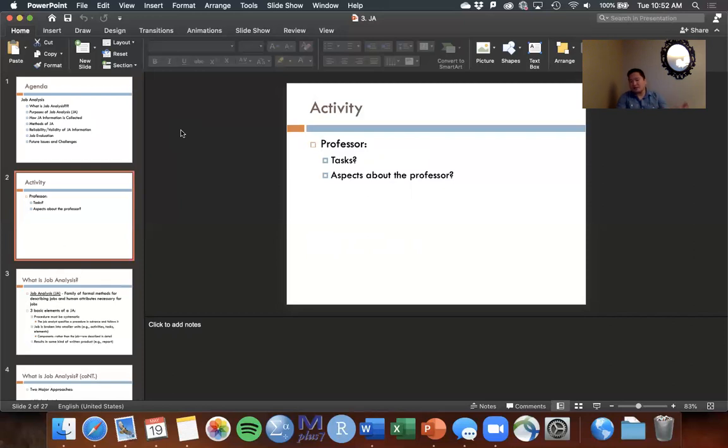That's not a completely exhaustive list. I don't want to bore you all or sound like I'm complaining. That's just a list of tasks that professors do. Just by doing that, we've done a really bare bones job analysis. We've listed out what would be in a job description, for example, for hiring a new professor. The other approach is the worker-oriented one, where we look at the knowledge, skills, abilities, and other characteristics of a professor.